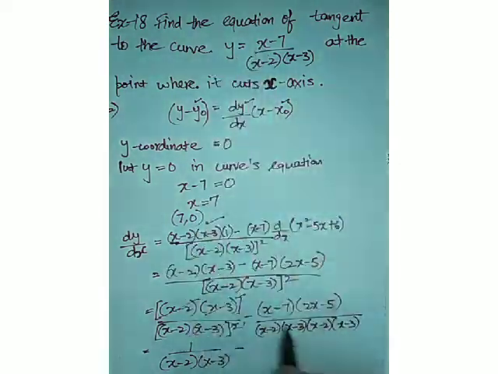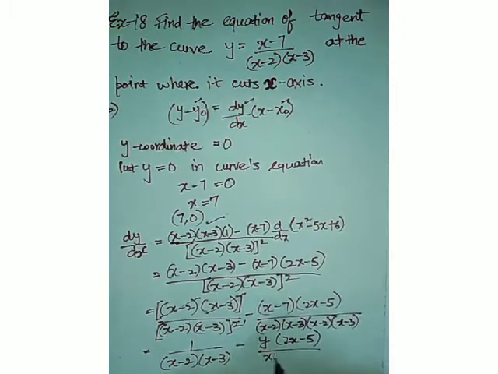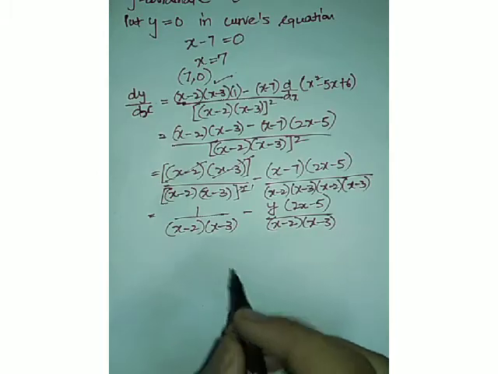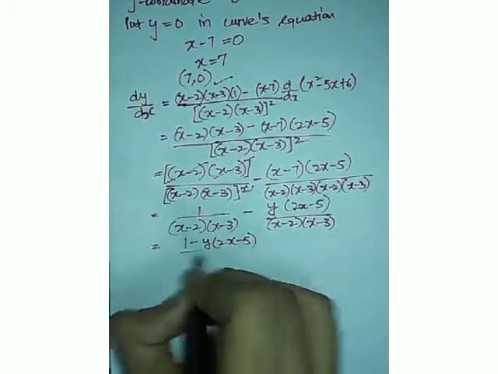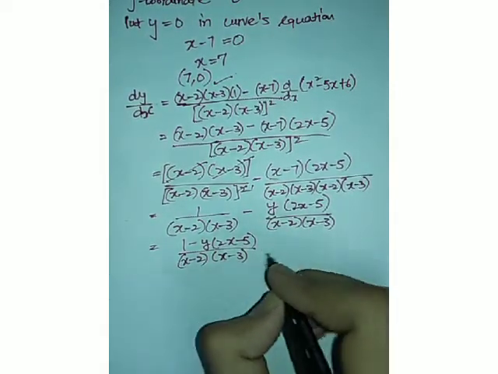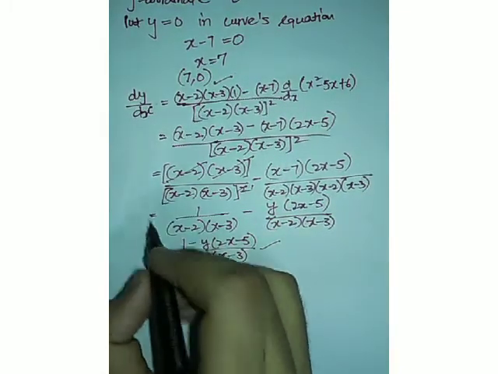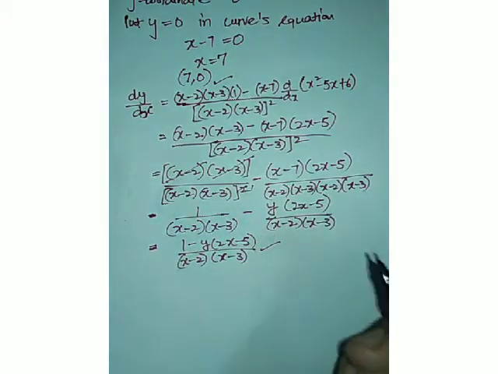This is the equation of our curve, so that's why we can write it like y multiplied by 2x minus 5 upon x minus 2 and x minus 3. Clear? We have substituted this thing, x minus 7 upon x minus 2 multiplied by x minus 3. Now combine the denominator, you will get 1 minus y times 2x minus 5 upon x minus 2 and x minus 3. In your book they have used the direct result and they have not explained the steps, so I hope that this video will help you a lot, and also practice sums like this in which the differentiation is done directly in order to get good marks in differentiation.